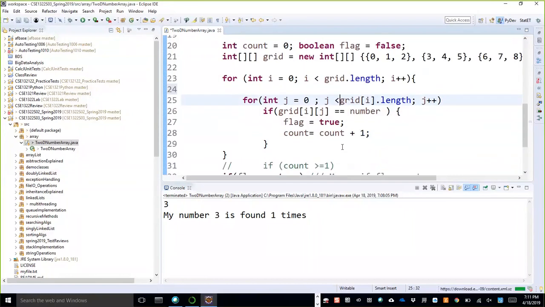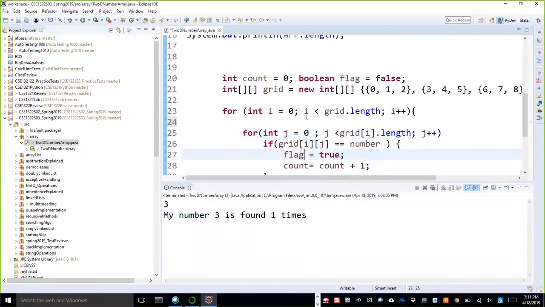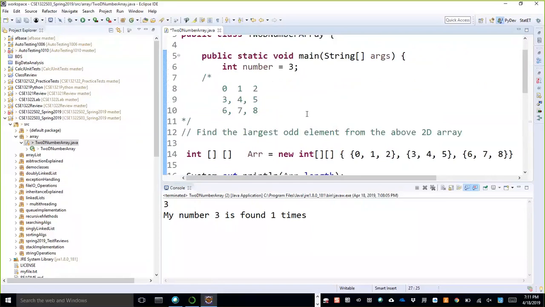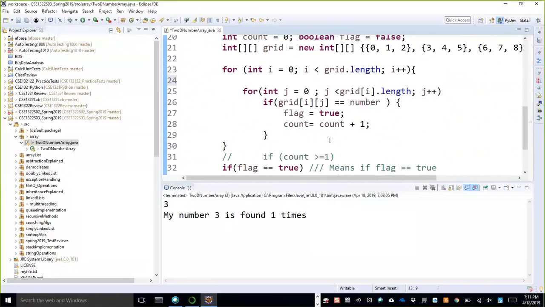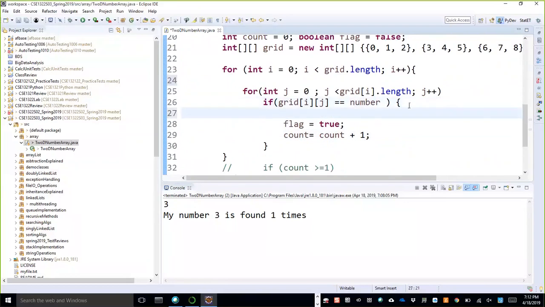Then whatever you want to do, if you want to search whether a number is available over here, or let us check what we wanted to do, Michael, over here. We wanted to find the largest number, right? Okay, let us see first if it is a word number. How can I check it's a word number?